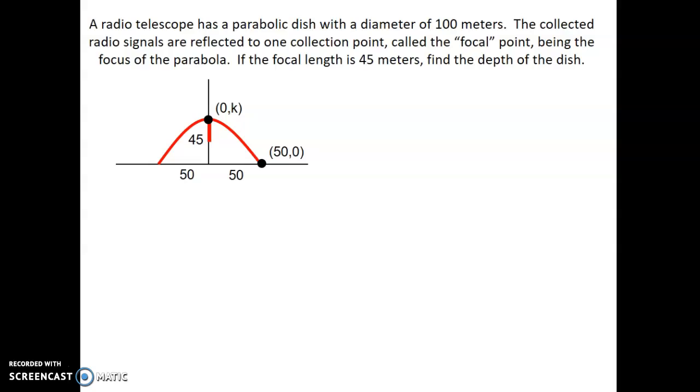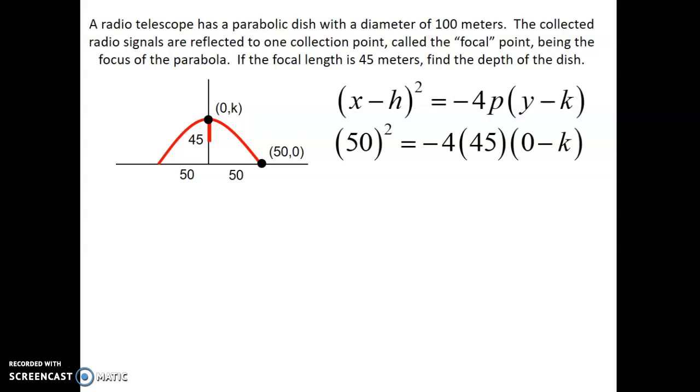Again, the equation is the same one we've been using. It's the x squared where it's negative. Okay, we can put 0 in for h, we can put 50 in for x, we can put 0 in for y, we can put 45 in for p. So it's going to look like this, with all the variables filled in except for the k value, the one we're looking for. So if you multiply all this stuff out,